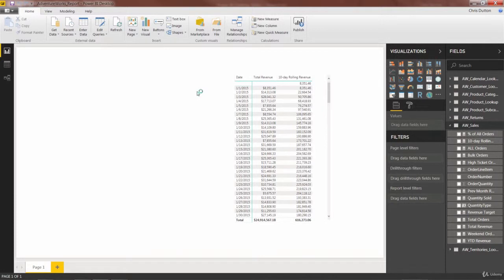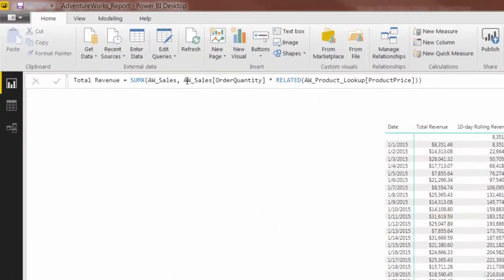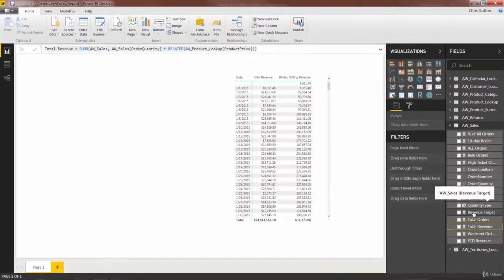Total cost is going to be an iterator calculation that multiplies order quantities by product cost. And it's going to work exactly how we created the revenue measure by multiplying order quantities by product prices. So rather than reinvent the wheel, let's look at our total revenue measure, which is a SUMX that used that RELATED function. I'm going to literally grab that whole thing, copy it, and now add a new measure